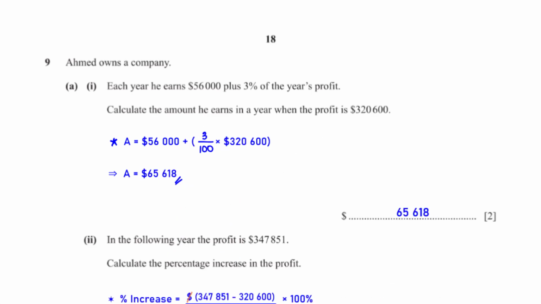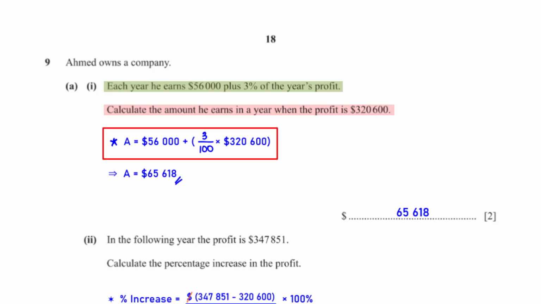Ahmed owns a company. Each year, he earns $56,000 plus 3% of the year's profits. Calculate the amount he earns in a year when the profit is $320,600. The amount he earns is equal to his base salary, which is